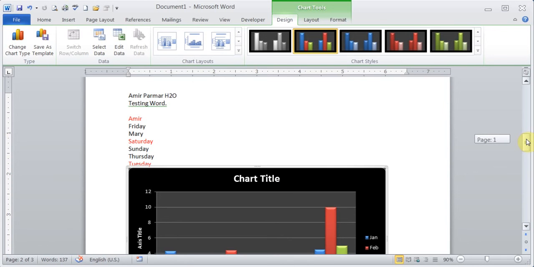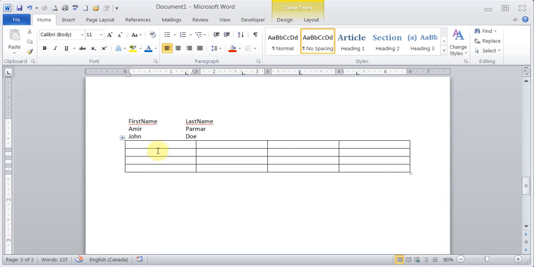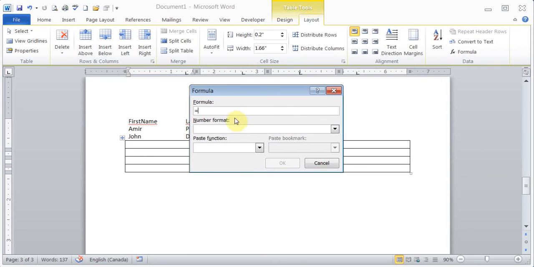I'm just going to come down to this table again. I just added a table quickly because I remembered a question. They asked a question about adding a formula. So there were some numbers on the top and they want you to put a sum formula here. I've never tried this. Under layout in the table tools, there's an option for formula. And then up here, you can type sum, bracket, and then you can choose the range. Now what happened in the exam was that